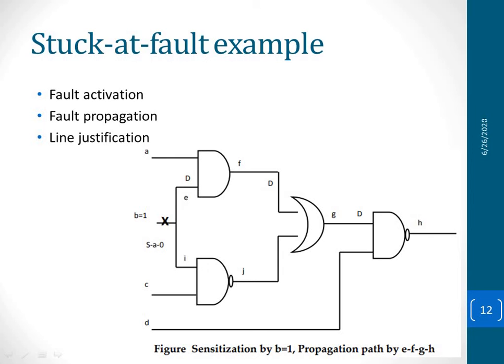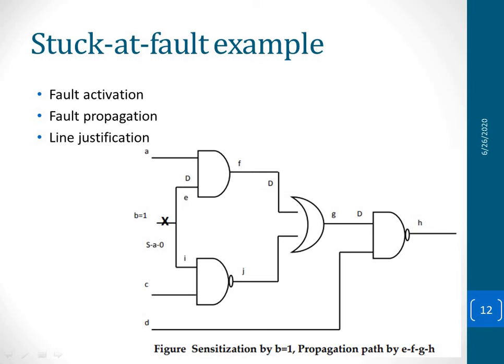What is the property of an OR gate? It will pass the high line. If this is high, it will be passed. If this is low, the output will be low because it is already low here. So this will be passing the C, whatever is given, so we don't want to look at this propagation path, but we are more concerned about E, F, G and H, because we are trying to say that this point is stuck at 0.